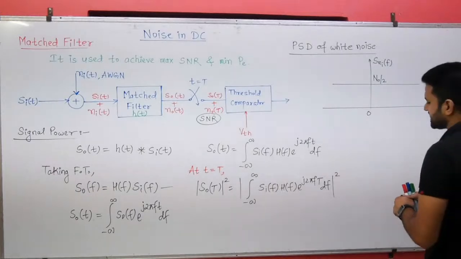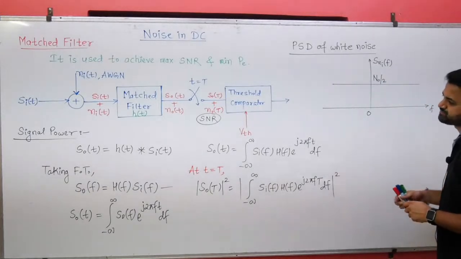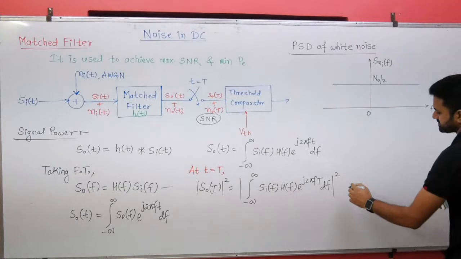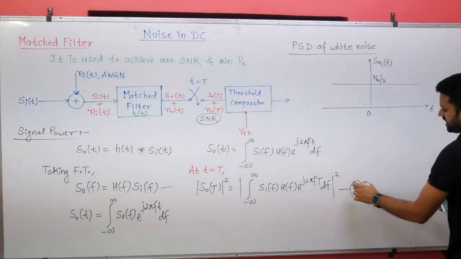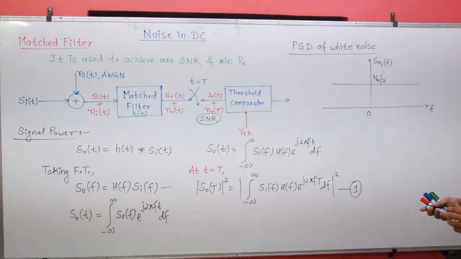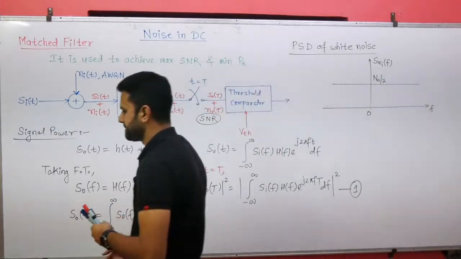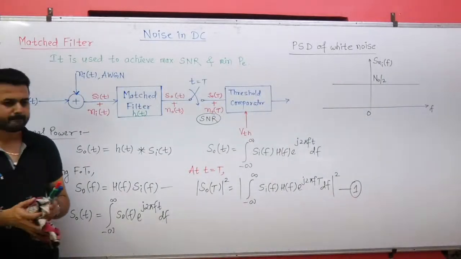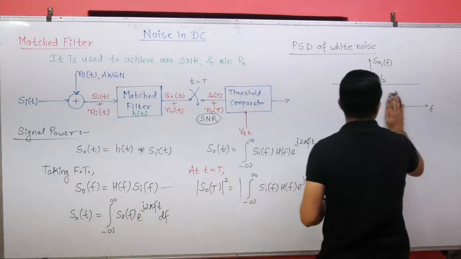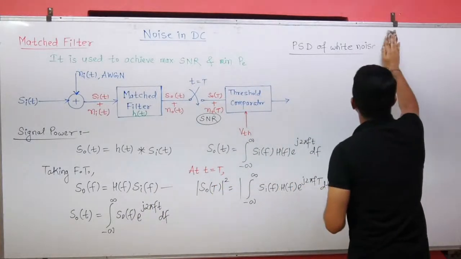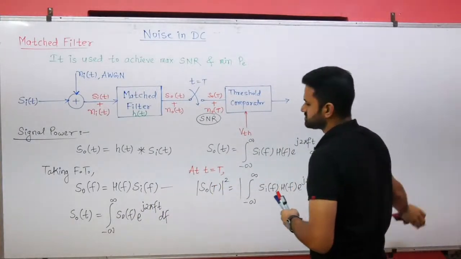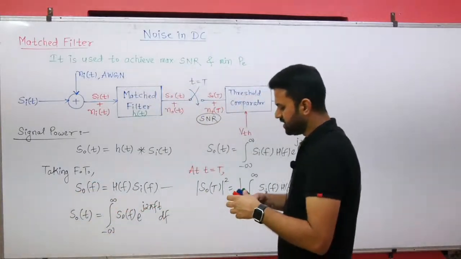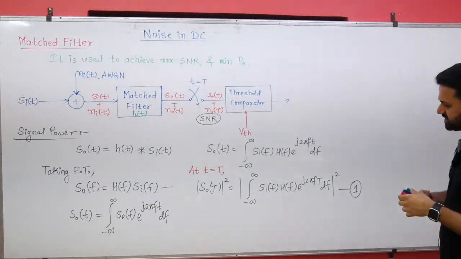Okay, so this is the signal power which we have got. Now we want to calculate the noise power. So put it equation number 1, and now we will calculate the noise power. So for the calculation of noise